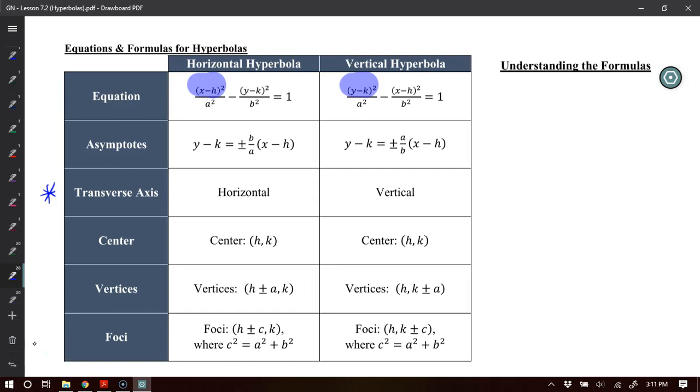So that's the first part. You do need to start with the actual structure of the equation for hyperbolas. Everything else, for the most part, really stays the same. The x minus h and the y minus k can trade spots. A squared, unlike ellipses, is always under the first